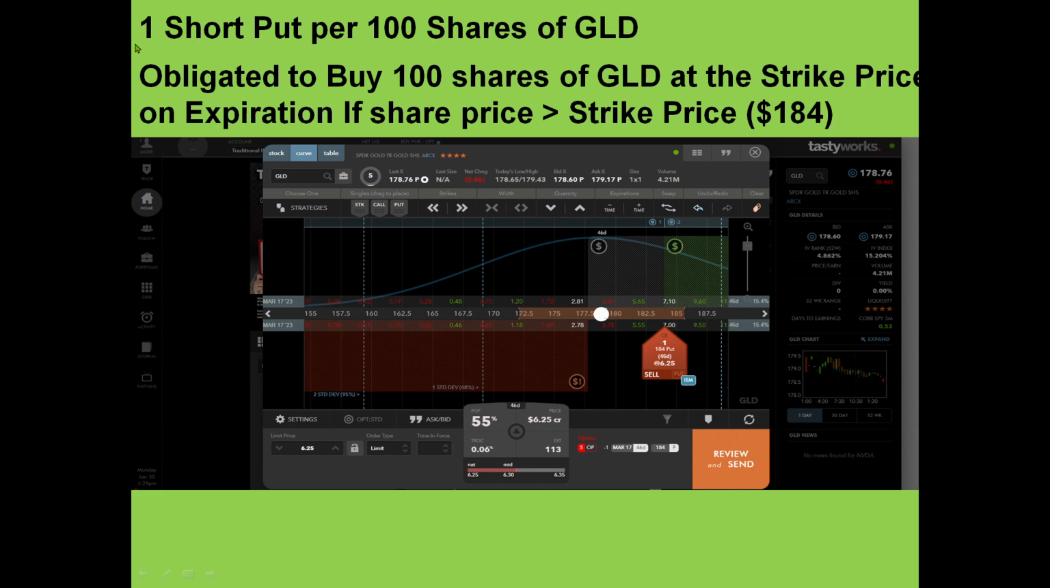What is a short put? You can sell one short put for every 100 shares of GLD, and the seller is obligated to buy 100 shares of GLD at the strike price on expiration if the share price is below the strike price, which is 184 in this case. And of course, because this is very deep in the money, you collect a fair amount of premium, which is $6.25, and this short put has a similar delta as the